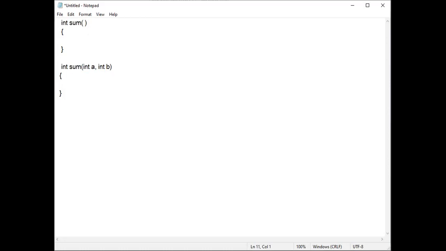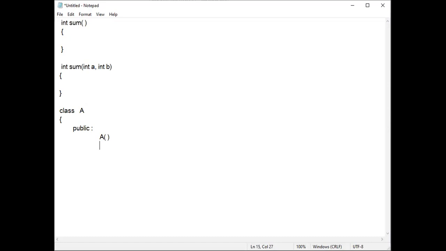The same thing applies to constructors. For example, if I write class A, we can use single letters for class names, capital A to Z and small a to z, whatever you want. Then inside the class, if I write public access and write A, observe the difference here. A is the class name, and here A is the function name, because in front of A I have put opening and closing parenthesis. Always for functions we use opening and closing parenthesis. For a class name we will not use them. Directly we write the class name without any symbol.